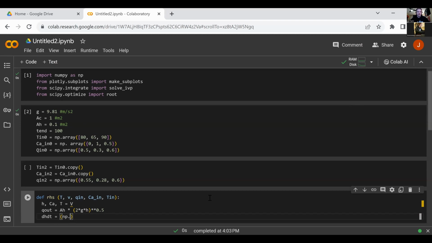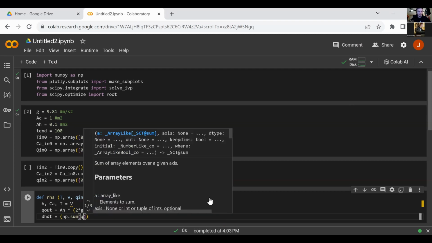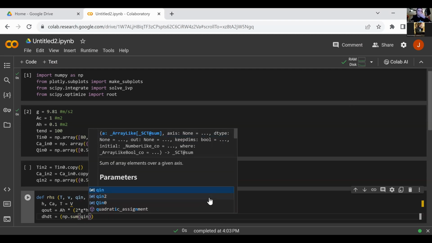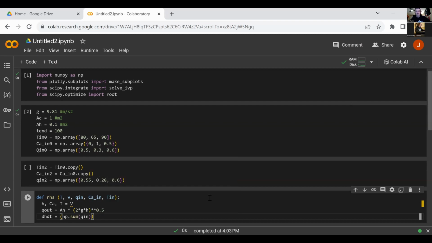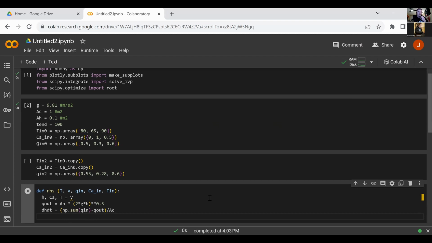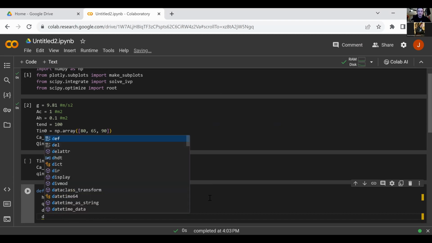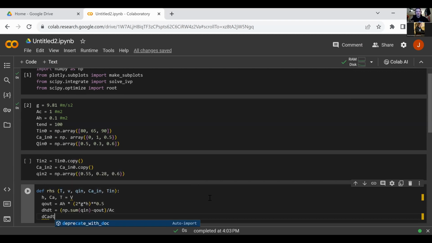and to do a sum, we're going to do np.sum of q in minus q out, divided by AC. And then for dCA dt, we're going to do